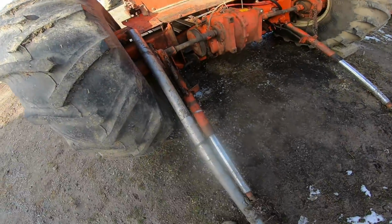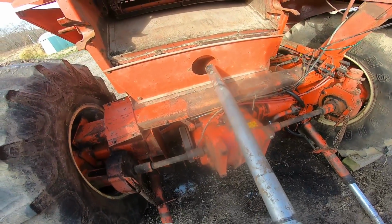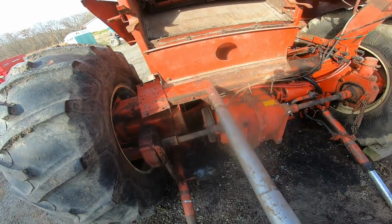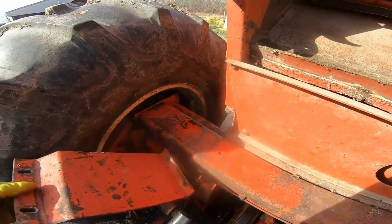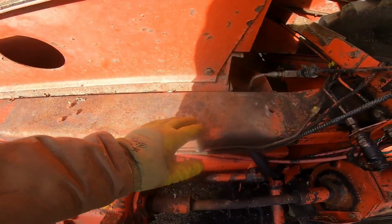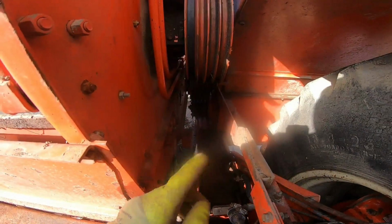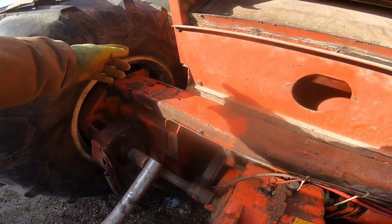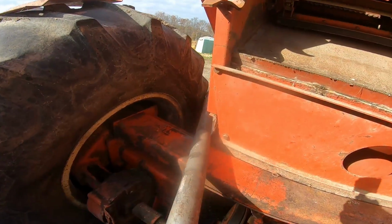What we missed out on is using this lovely pipe and a block of wood on the axle right there, a big block, to pry, thanks to this hole, to pull the husking bed forward, because we had it sitting off to the side over here. And we pretty well had to have it touching that chunk of metal to get the pulleys to line up. And as we pushed it across, prying against the tire as such,